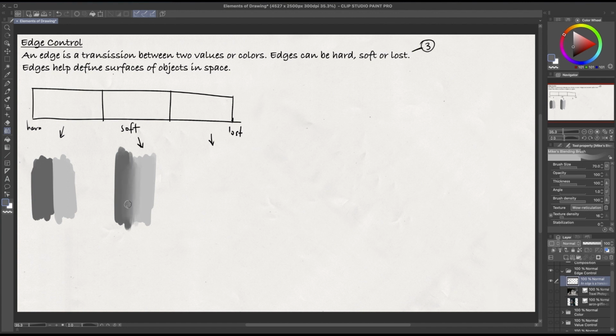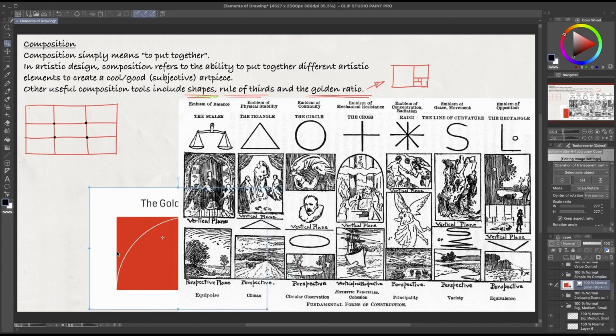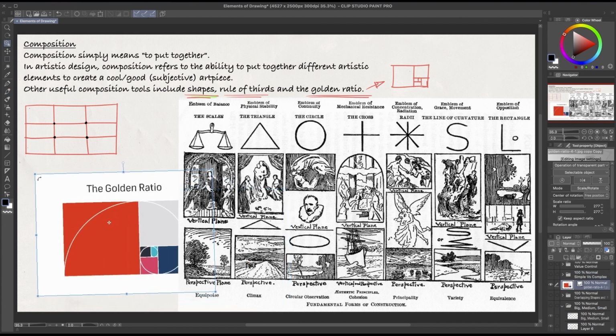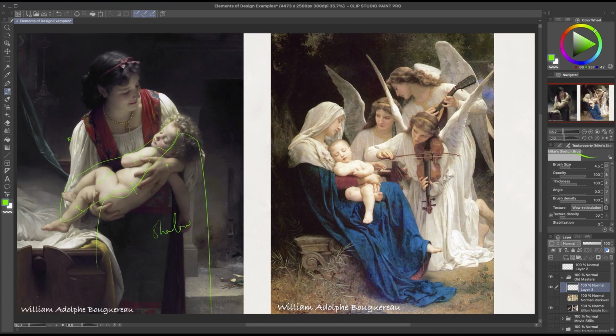and I'll be talking about the different types of edges, where they can be applied, and how that is important as well, which will then lead us into composition. I'll tell you what composition is, the different ways composition is applied, and why that's also important for your work as well. And finally, we'll put all that together and look at how the old masters did it,